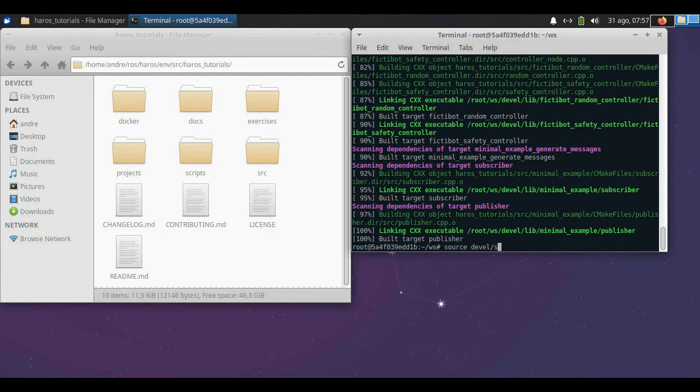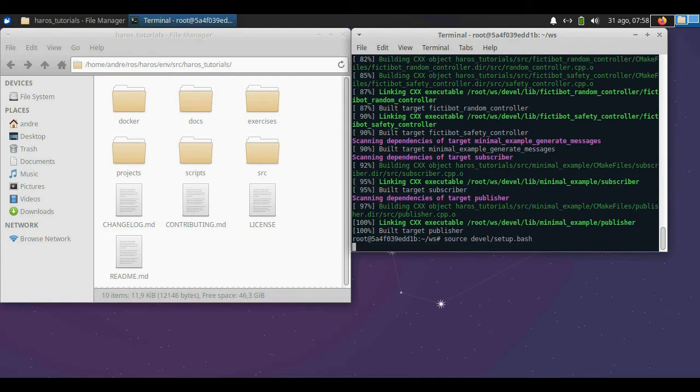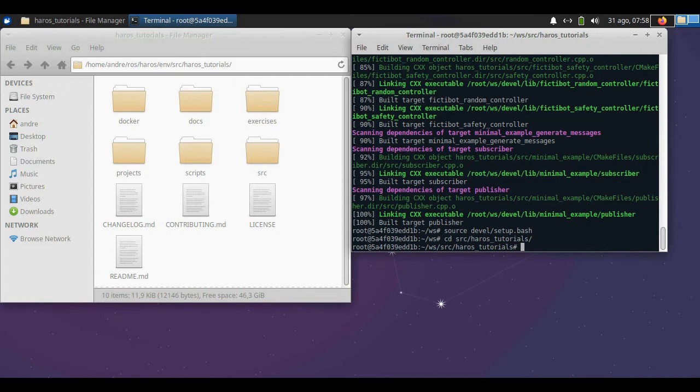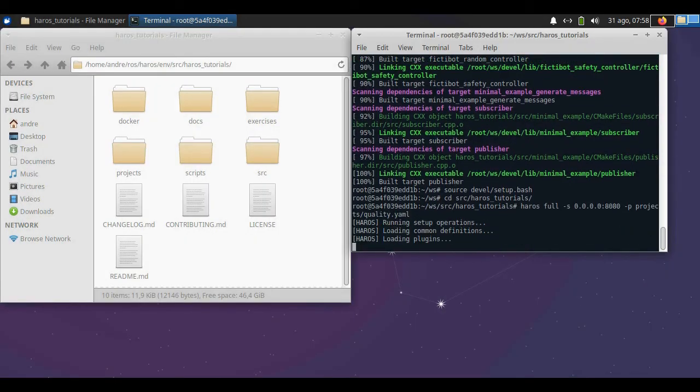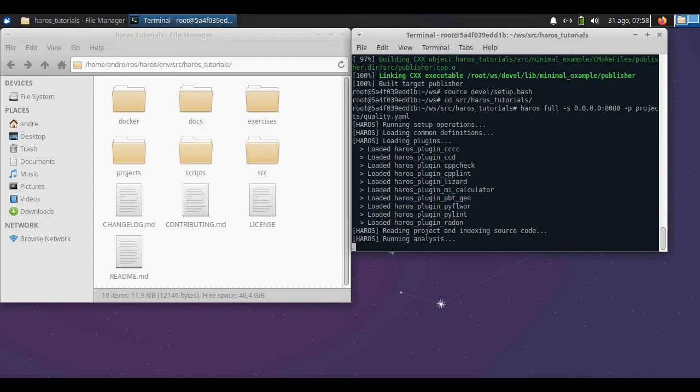We move into the repositories directory within the container, and now we copy the suggested command and paste it onto the terminal to run a simple HAROS analysis.